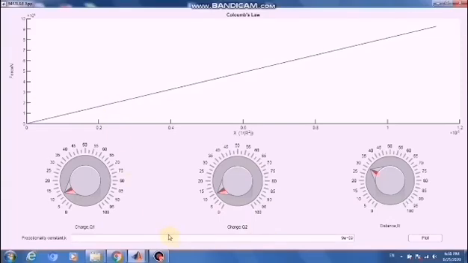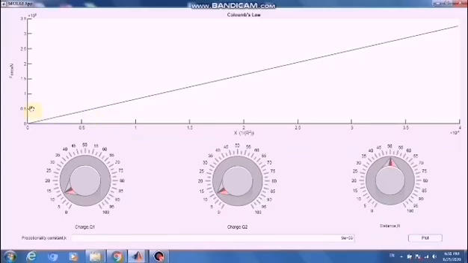Now, let's increase the distance to 50. And now, when the force is 2, the x-axis lies somewhere in between 2 and 2.5, and the graph gets